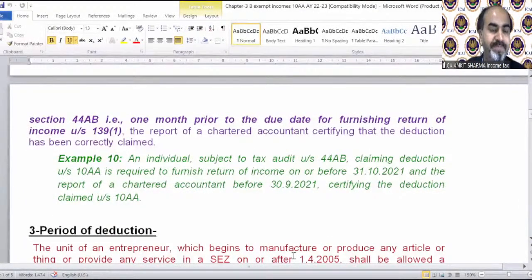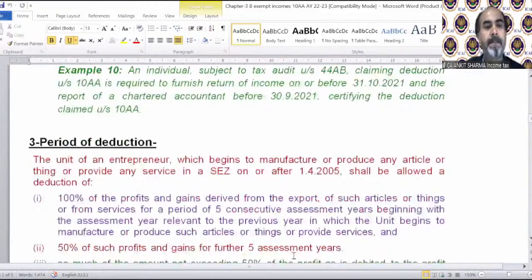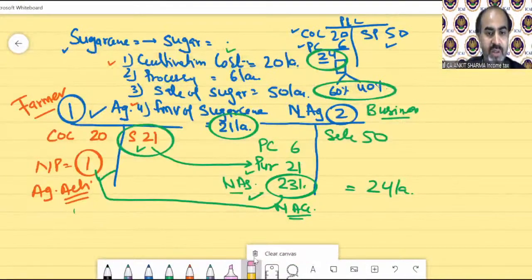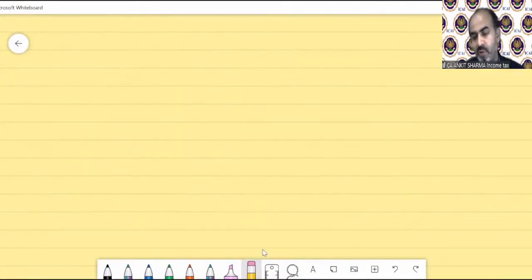Period of deduction, that is really interesting. The amount of deduction and the period of deduction that we need to understand. If you are opening a unit in a special economic zone and you have fulfilled the other conditions for availing the benefit, so the benefit is like,